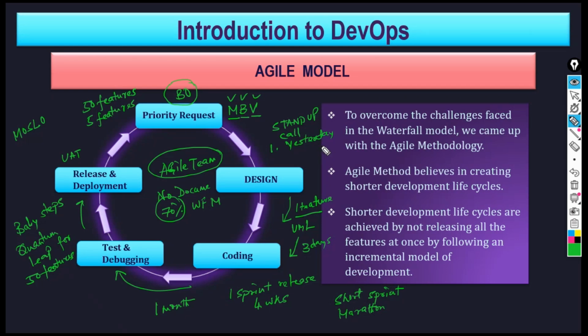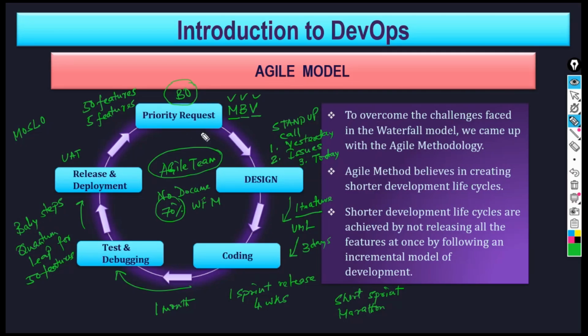What are you doing to resolve the issues? What are the steps that you have taken to resolve those issues that you encountered yesterday? And what are the things that you are going to do today? These are the 3 moot points discussed in a stand-up call in an agile meeting along with the